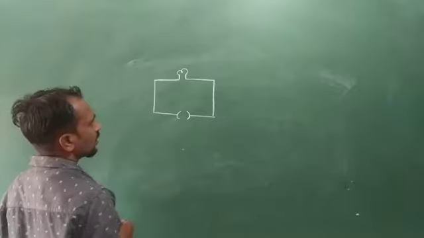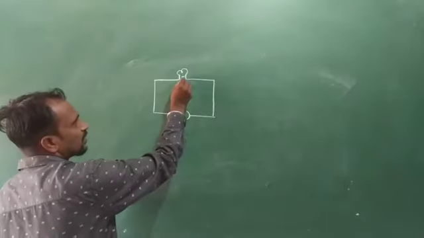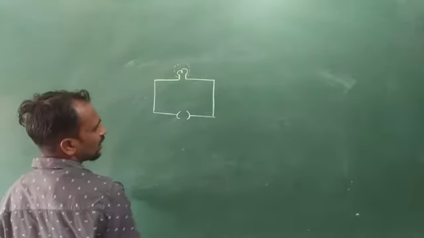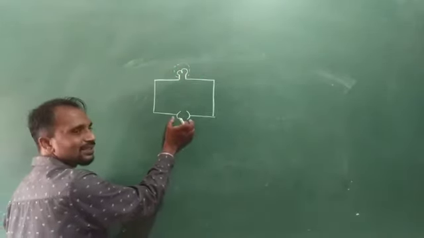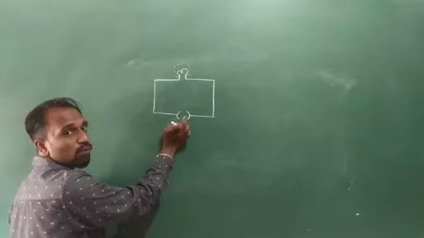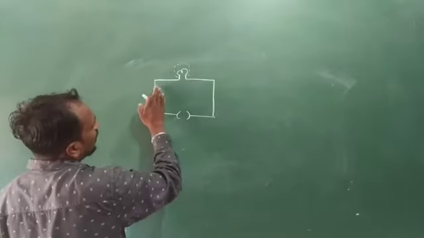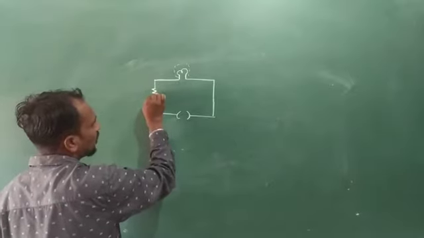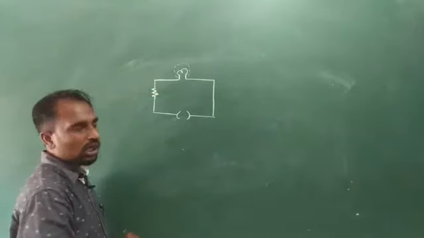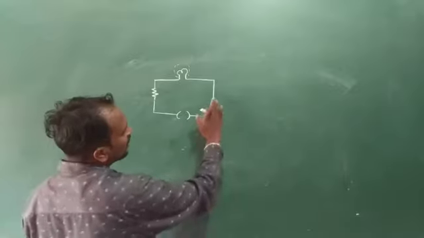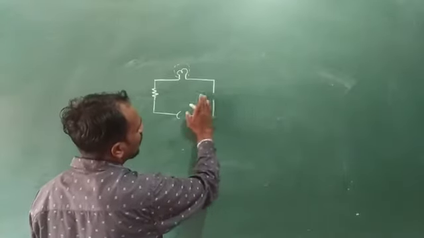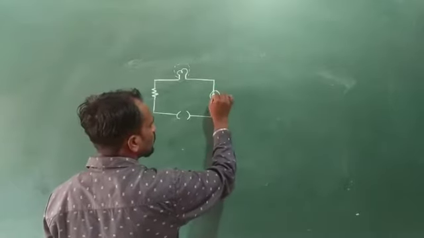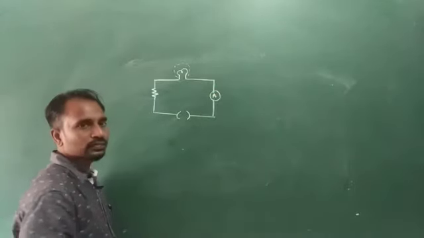So this one is a circuit and here we consider that this symbol represents an electric bulb. Okay, so this symbol represents an electric bulb and this one is a key. This one is an open key and here we connect one resistance. So this one is a circuit diagram of a resistance. Okay, and here we consider one ammeter. So this one is an ammeter.